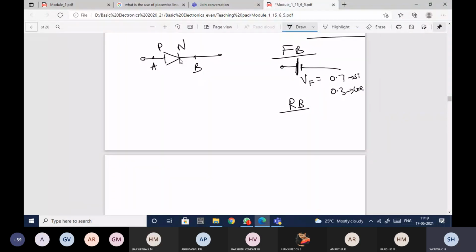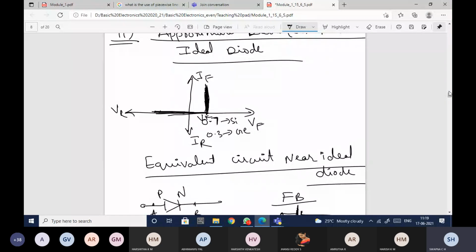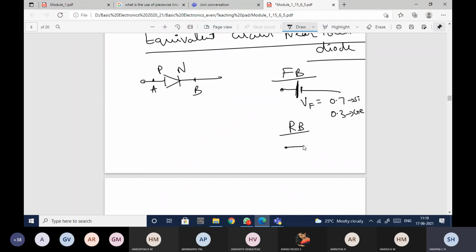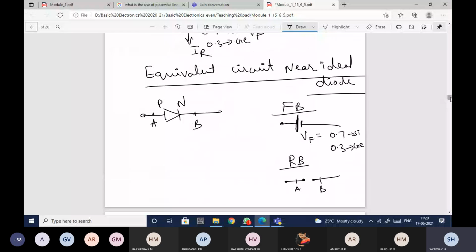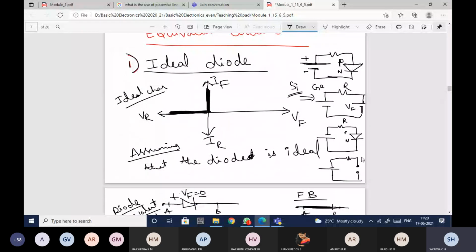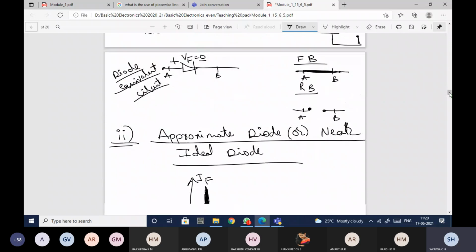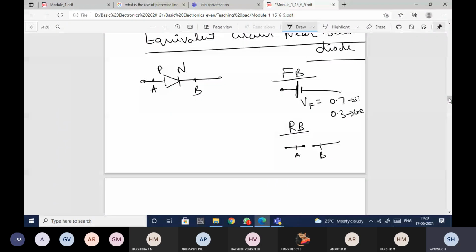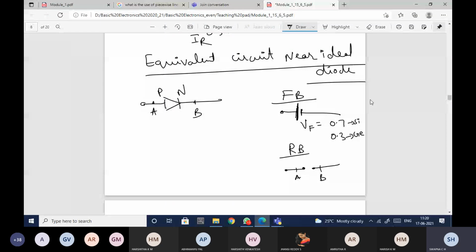Okay, so when the diode is reverse biased, according to the characteristics, there won't be any current flow. So the ideal diode can be replaced with an open circuit. This is A and this is B. Take the same circuit. When it comes to reverse bias, just observe here, this diode is reverse biased because P is connected to negative and N is connected to positive. Since it is reverse biased, it will be considered open. This is not exactly a real ideal diode, but it is near ideal. Hope you understood until this near ideal diode characteristics.